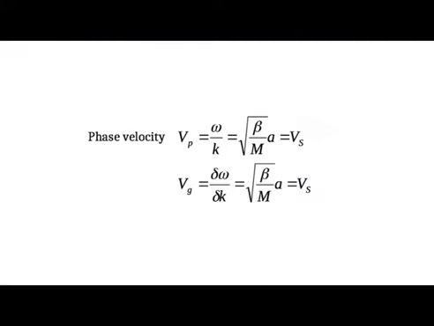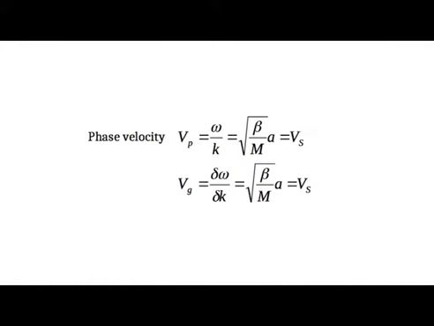So, what is the situation here in the case of the one dimensional monatomic lattice? Earlier we saw that we have two kinds of expressions, the long wavelength one and the general expression. Let us take the long wavelength situation. The phase velocity is equal to omega by k. If we take the expression for omega in the long wavelength limit, that comes to be root of beta by m into a, which is equal to the sound velocity, an expression which we assumed already.